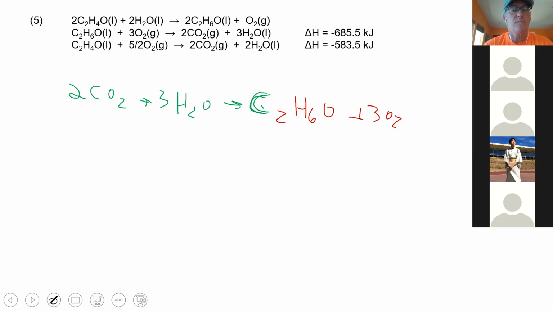So after I reversed the second reaction, I realized that I have all the targeted chemicals or mixtures in the right area. Then I multiplied both the second reaction and the third reaction by 2. Okay. So this becomes,